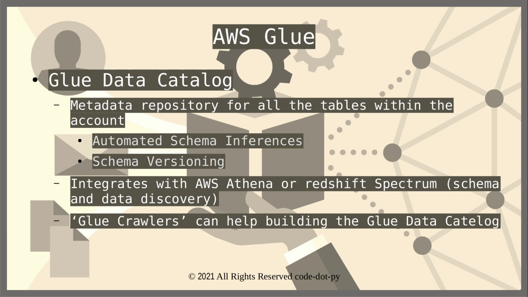Next, talking about crawlers. Crawlers are services that help build the data catalog. They are similar to the web crawlers you might have heard about, which crawl through the account, or in the case of S3, crawl through the AWS S3 locations and identify which data is present and what the structure and schema are, and accordingly arrange the data.